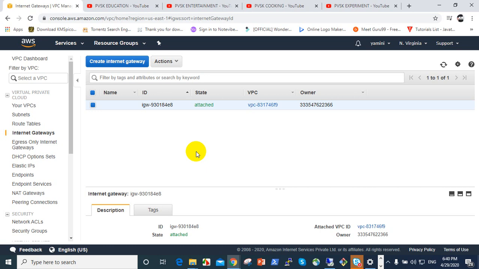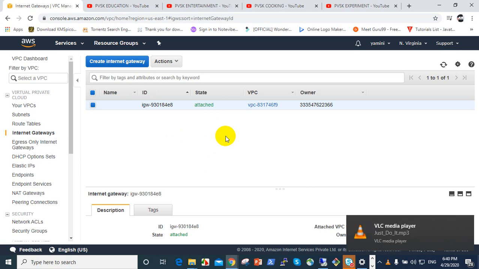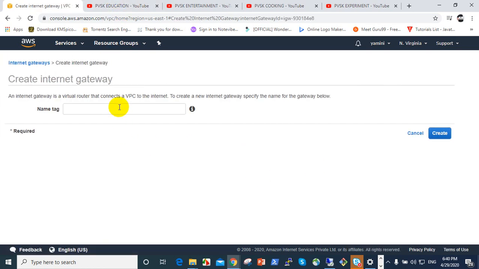Now I want to create one internet gateway. Of course we already have one, but I want to create a custom internet gateway. Click on create internet gateway, name it PVSK IGW.